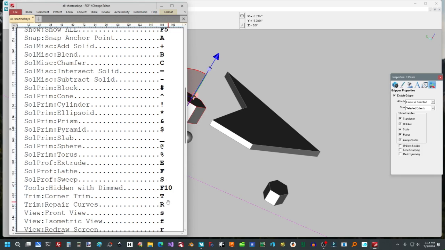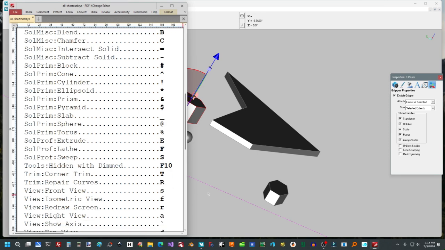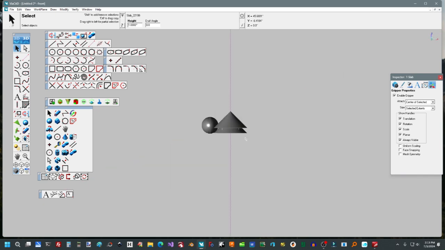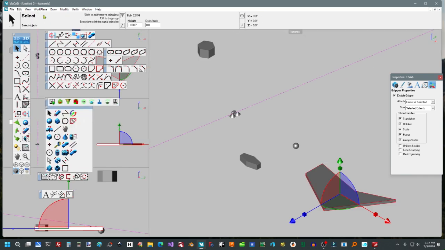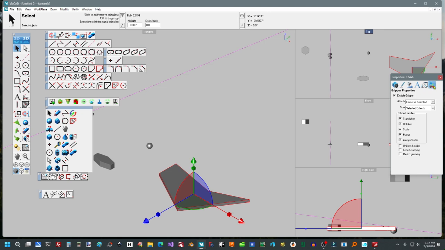Trimming is very handy. Repair curves is handy. S and F, those are the keys I was looking for before. But here is the one that's very disappointing, this view. And you want to do a 4 on the left and thirds. Oops, I want to do 4 on the right. That's what I always do. Sorry. 4 on the right. You do this quite often